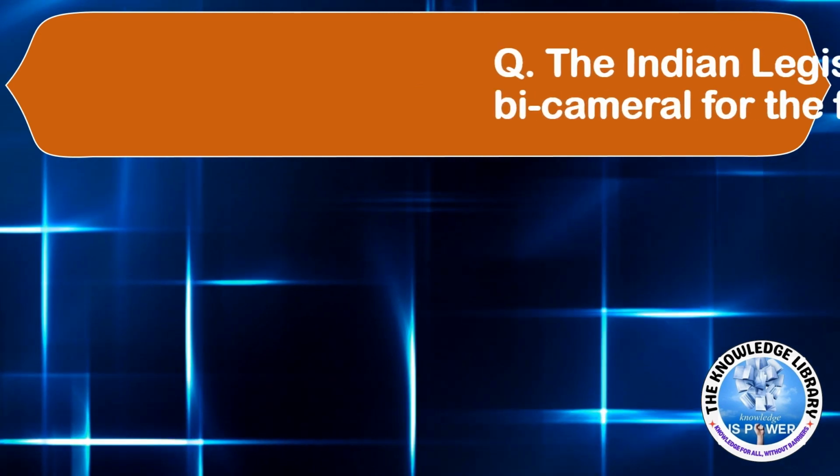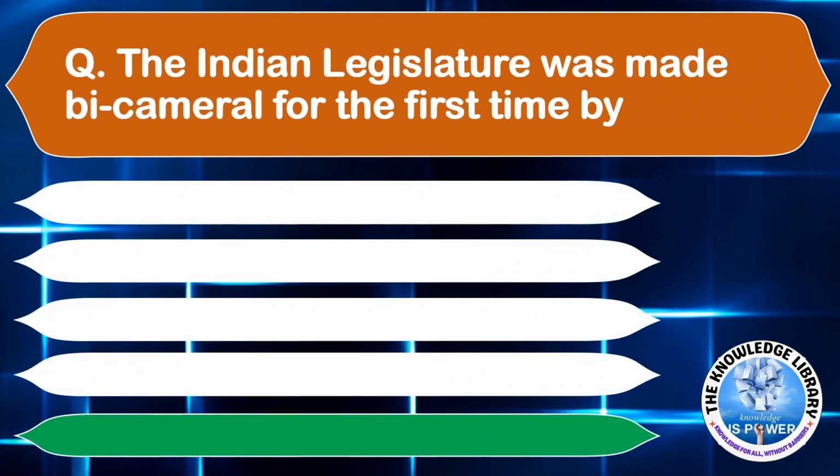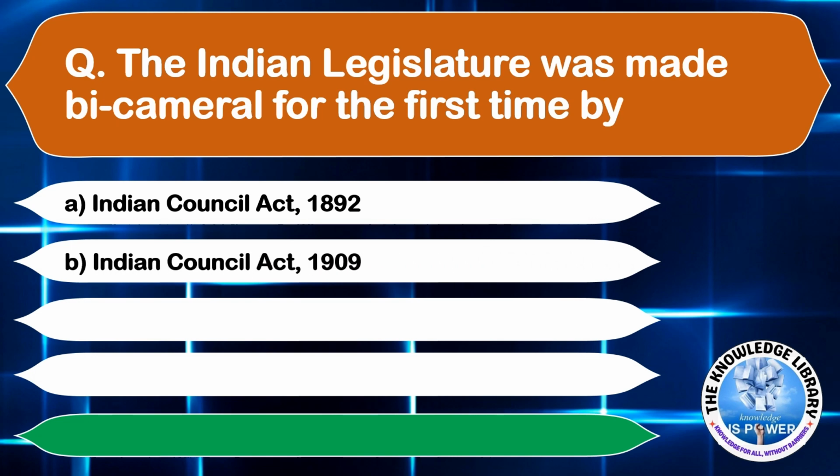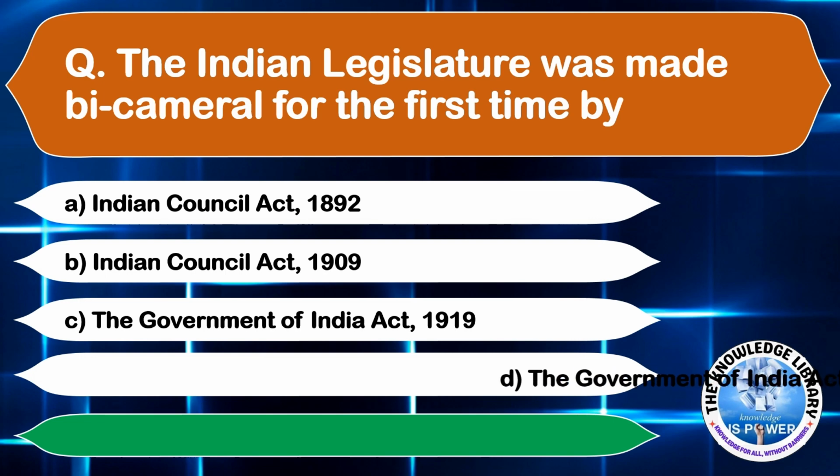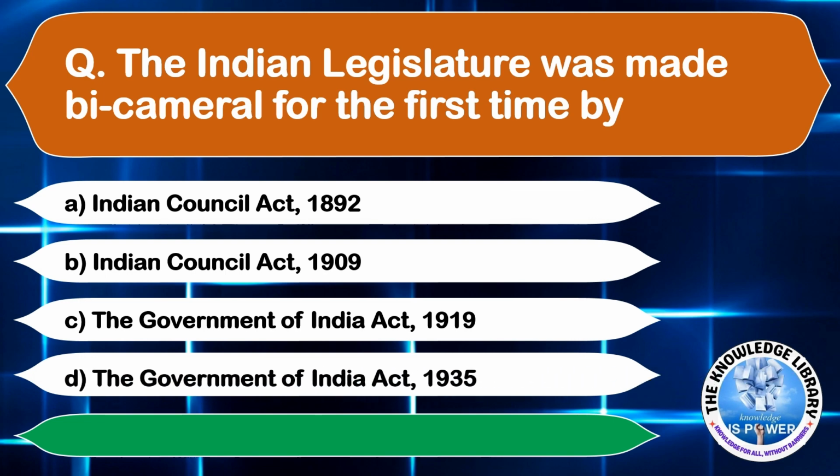The Indian legislature was made bicameral for the first time by option A, Indian Council Act of 1892, option B, Indian Council Act of 1909, option C, the Government of India Act of 1919, and option D, the Government of India Act 1935. The correct answer is option C, Government of India Act 1919. The next question is,